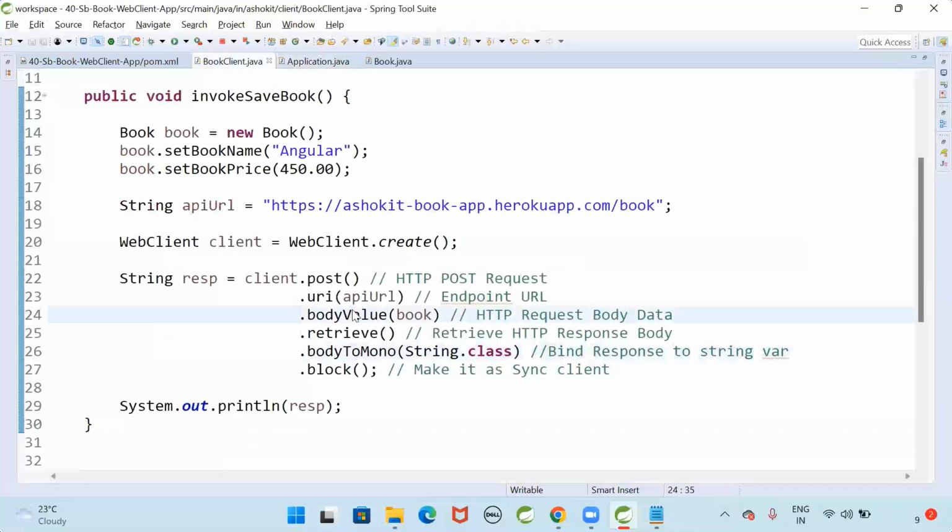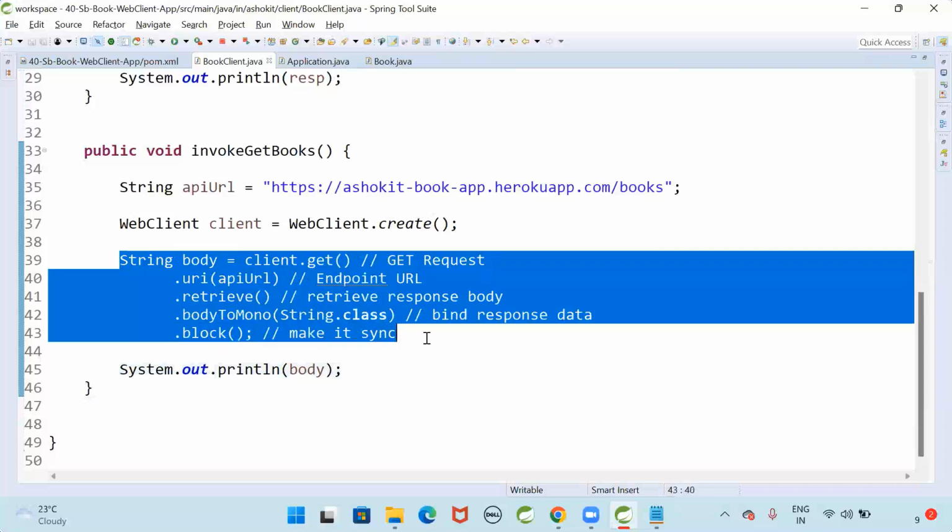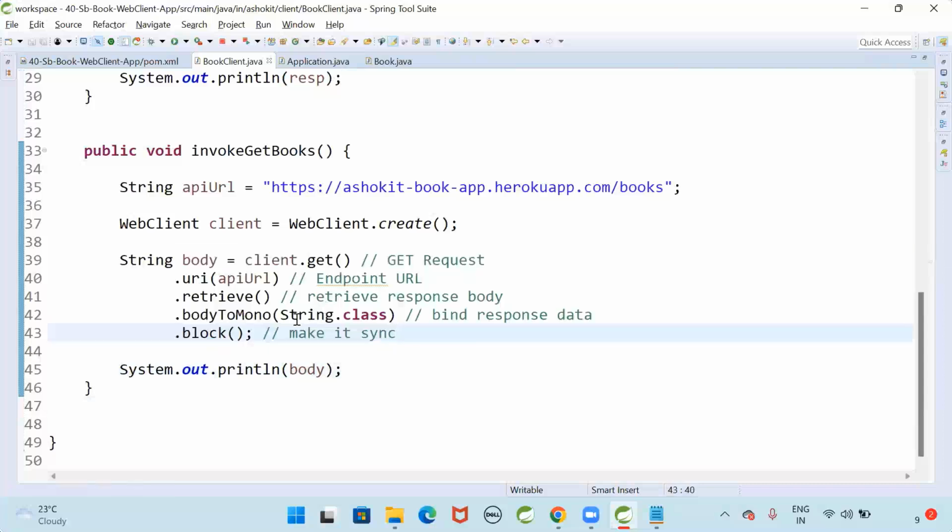And this is another method which I am writing. This method is used to retrieve the data, and the data is binded to a string variable. Can we bind the data to one object also? Currently, when I make a get request, I'm